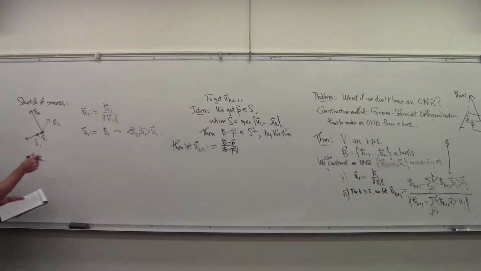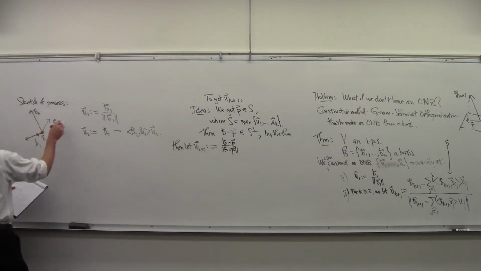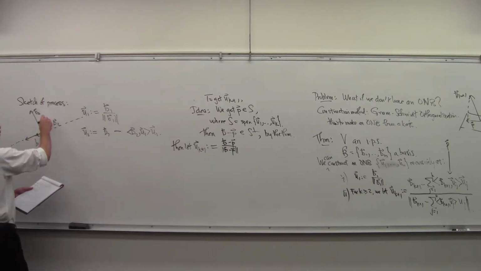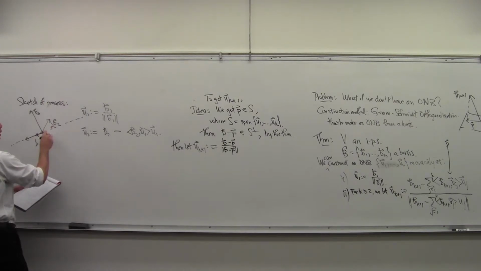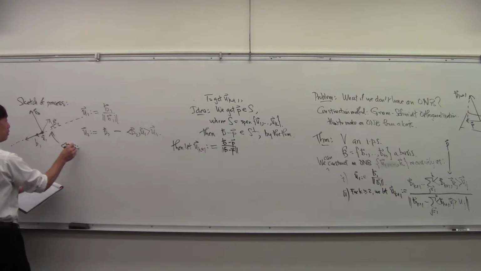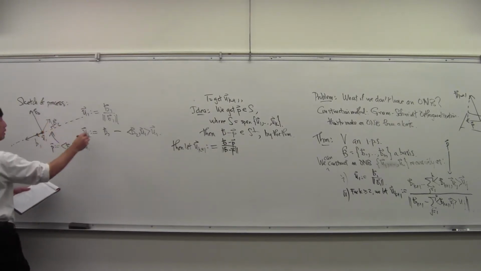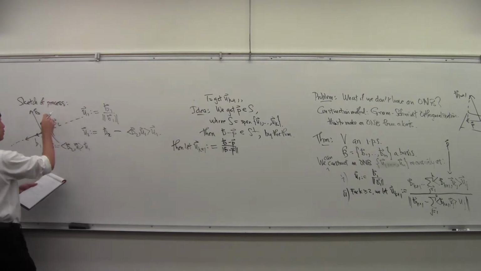We've got the U1 subspace right here, the subspace spanned by U1. We want something perpendicular to that, so let's take the projection of B2 onto U1. That's the projection P. And we take B2 minus that,